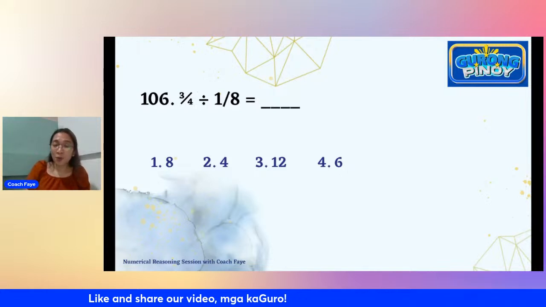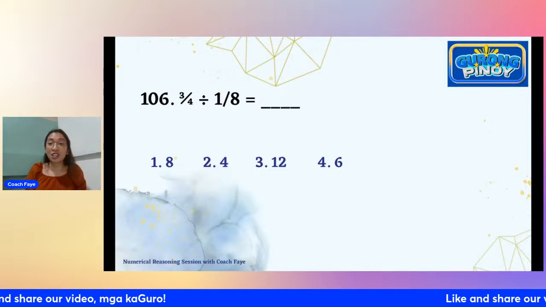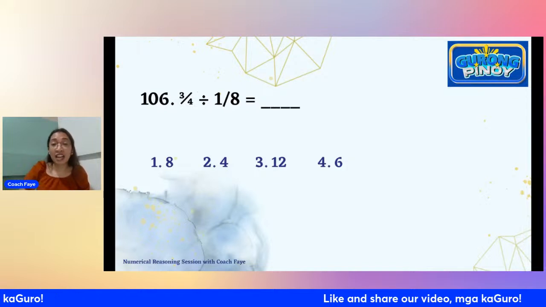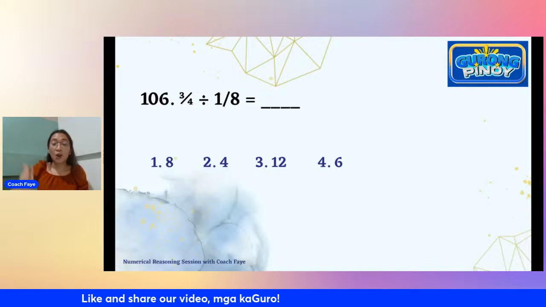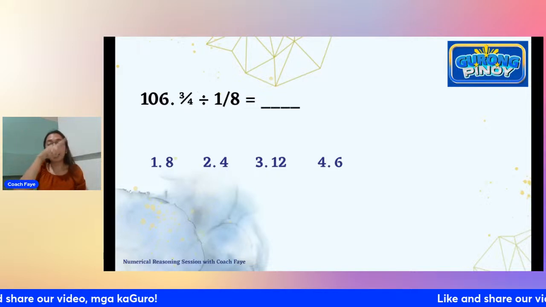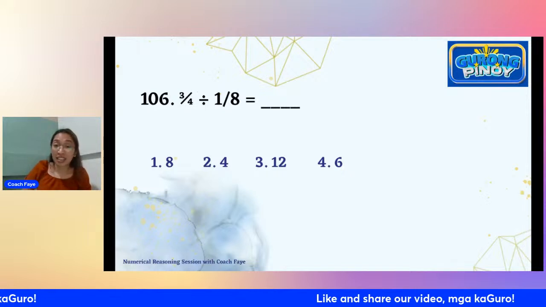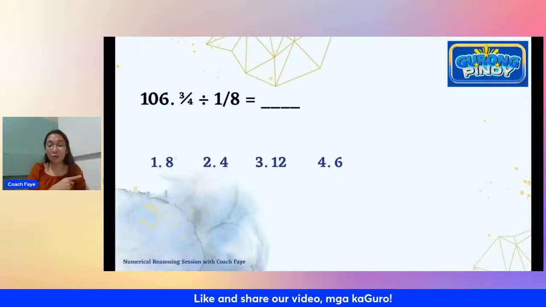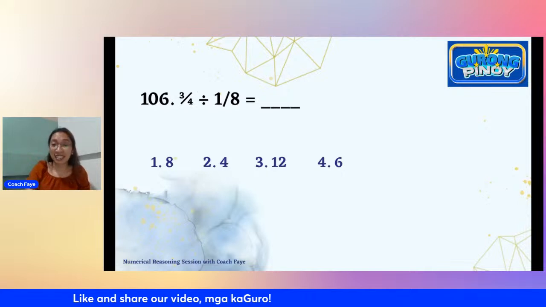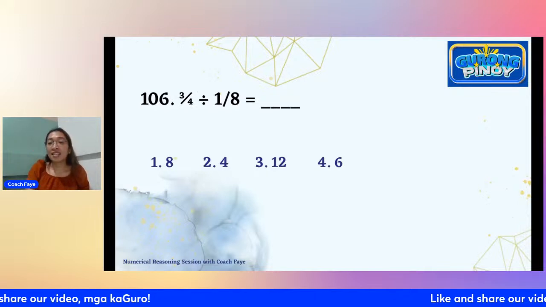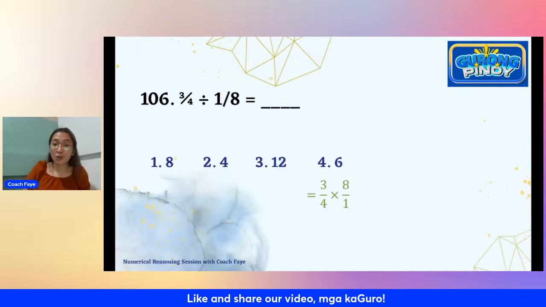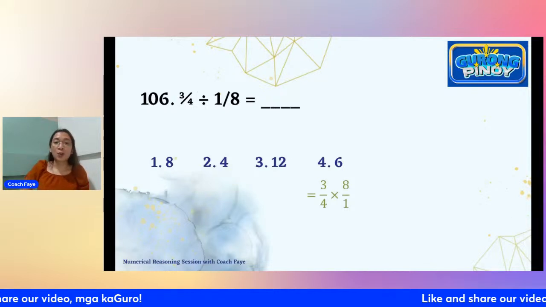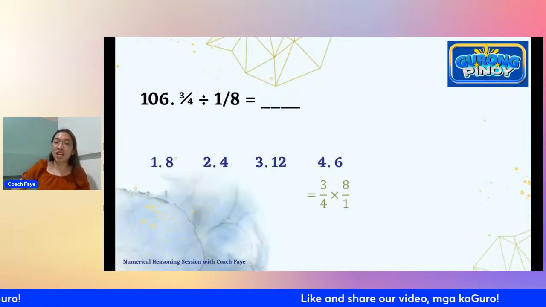So, a reminder po, when you are dividing fractions, ano po yung rule natin? Pag nagdi-divide po tayo ng fractions, usually what we do is we take the reciprocal of the second term. Or what we do is yung naka V tapos inverted V, yung solution natin pa ganyan. Hindi po straight yung pag-solve, hindi po ba? Naka-invert siya or naka-reciprocal. Which means that this is 3/4 times 8 over 1. Yun po yung process natin kapag nagde-divide tayo ng fraction. So please keep that in mind. So yung ibang nagkakamali po ng sagot, parang dyan po tayo nadali.